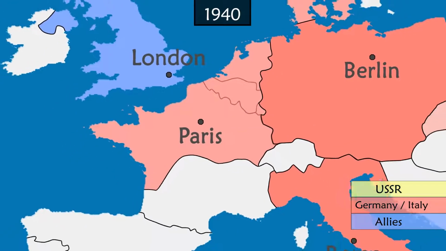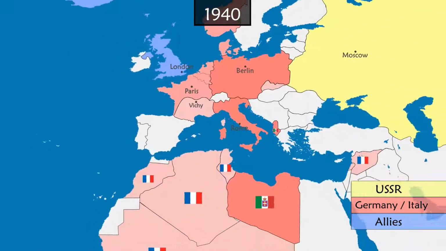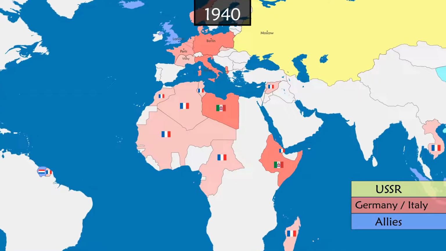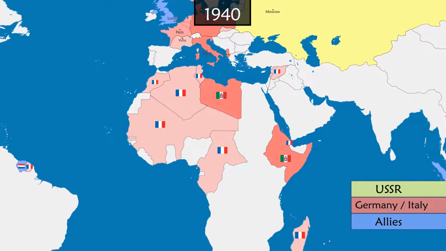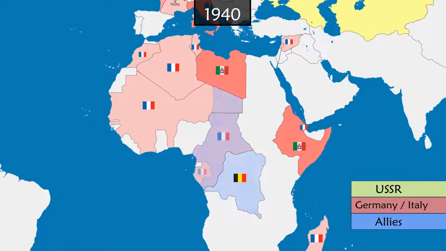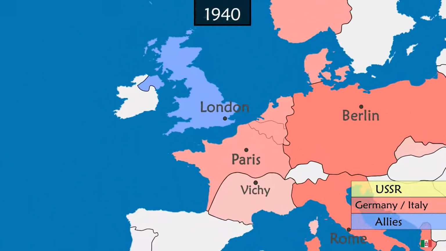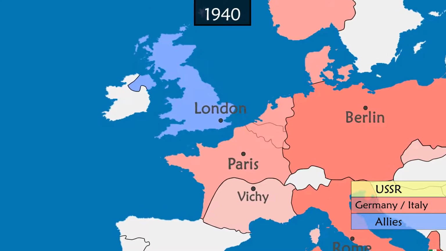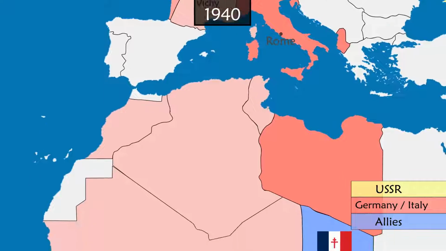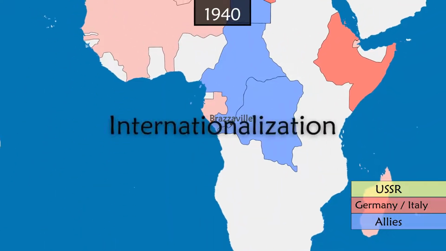Germany occupies the north and west of France, leaving its other territory and colonies under the control of the new government. Germany thus has indirect control of French colonies without having to send an army there. However, parts of the French colonies and the Belgian Congo chose to stay in the camp of the Allies. In London, which already hosts several governments in exile, General Charles de Gaulle creates Free France, which continues to fight Nazi Germany. Brazzaville is named as its capital.